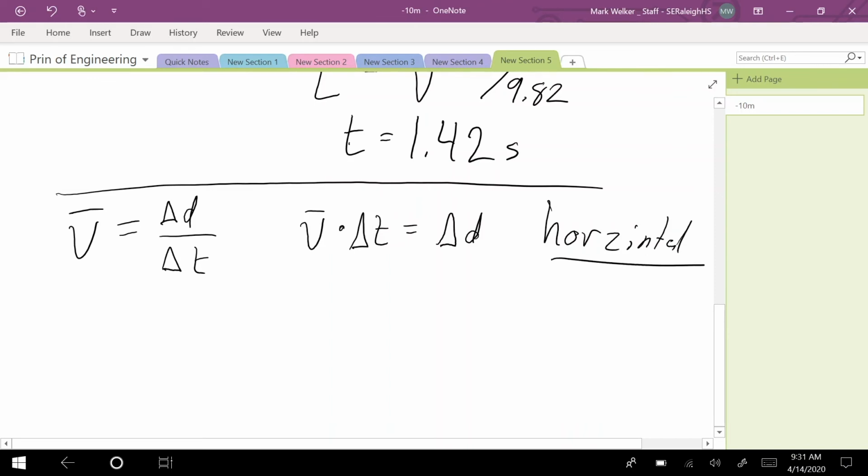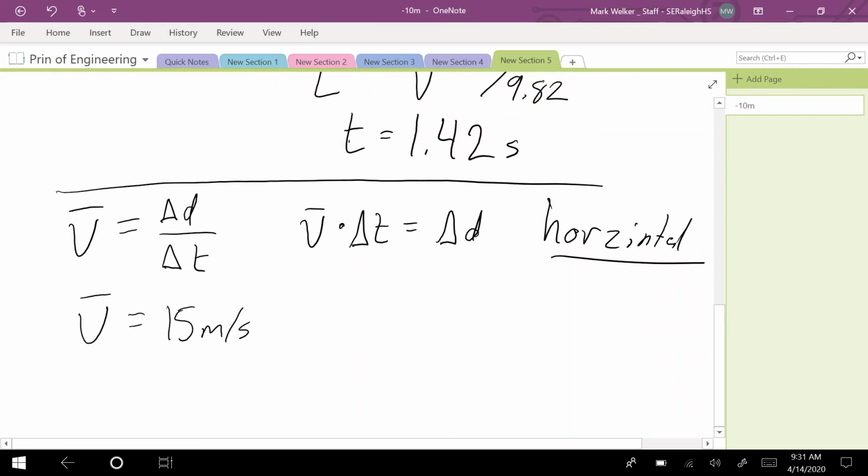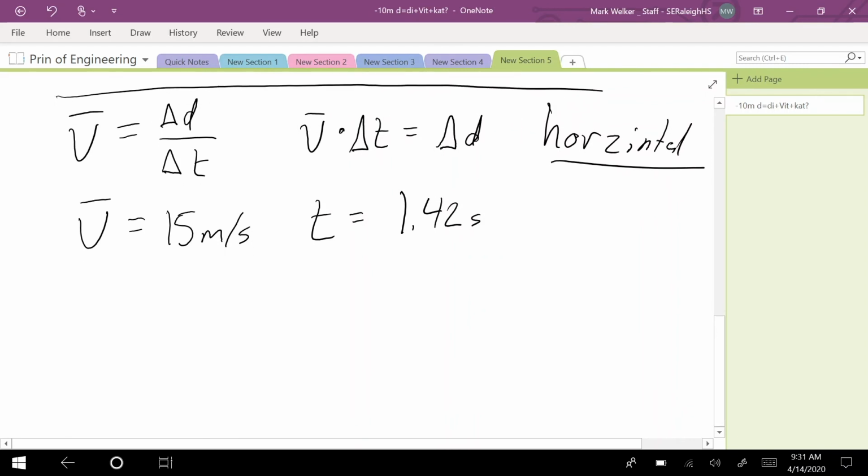So knowing that our velocity is going to be, let's say, 15 meters per second, and knowing that our time is 1.42 seconds,